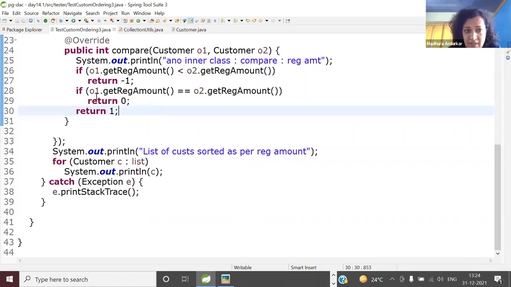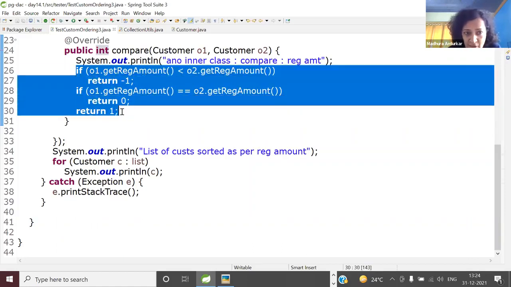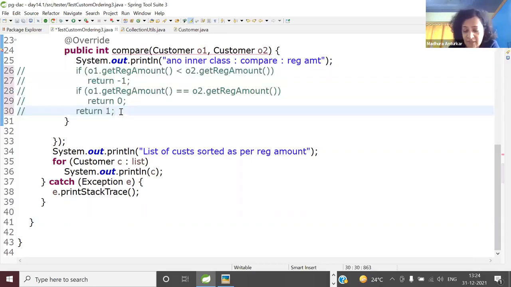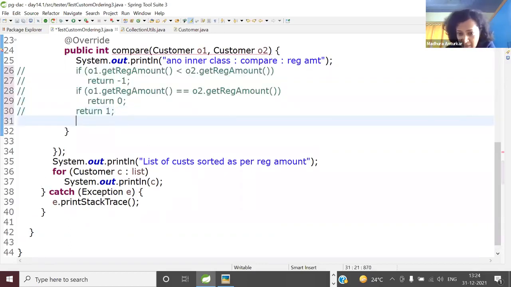So the suggestion is to comment this. Control slash, same in VS Code. You know that. Okay, this is done. Now don't do it with me. First, understand what I'm doing and then you can do.